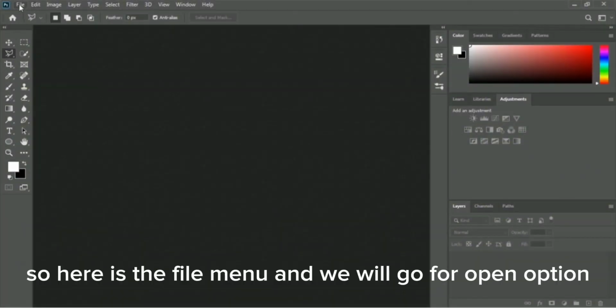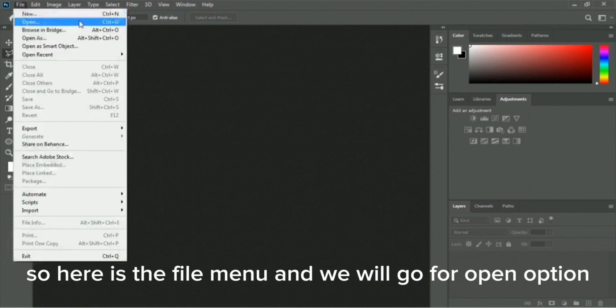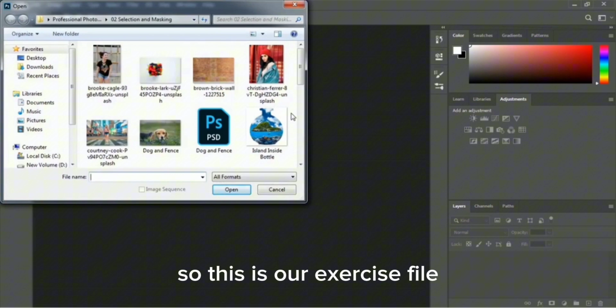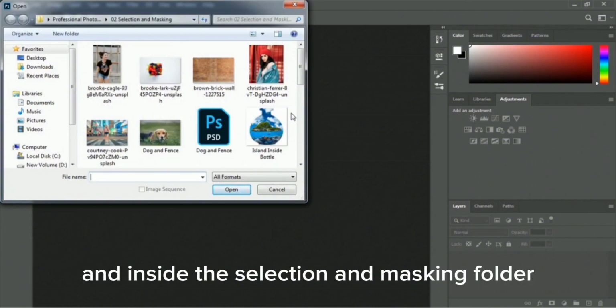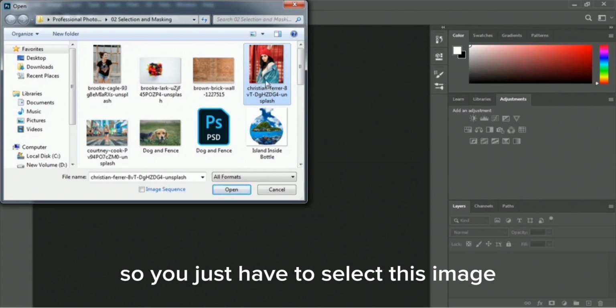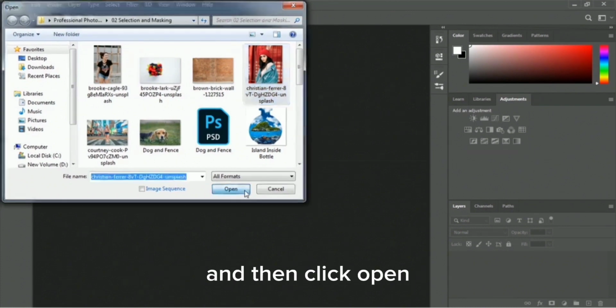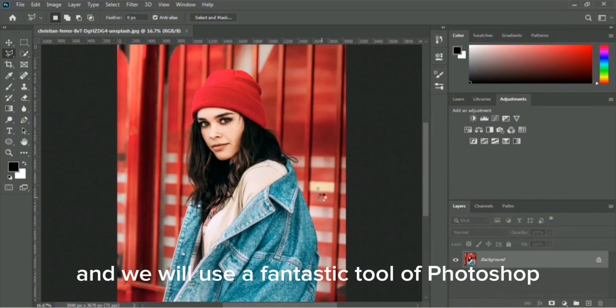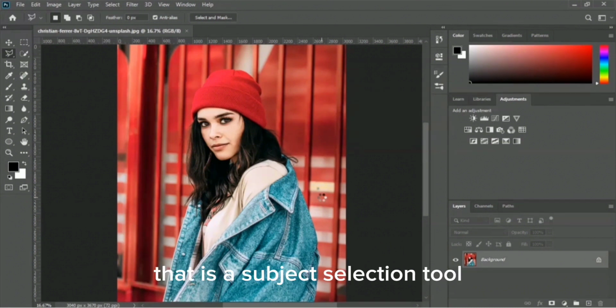So here is the file menu and we will go for the open option. So this is our exercise file, and inside the selection and masking folder, we have to select this Unsplash image. So you just have to select this image and then click open. So here is the image, and we will use a fantastic tool of Photoshop, that is the subject selection tool,